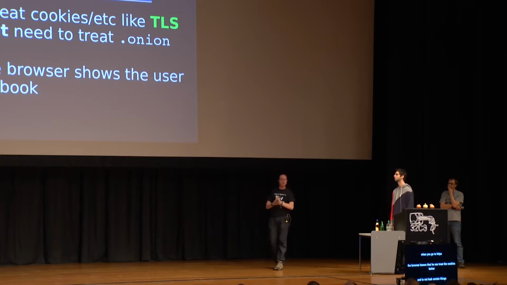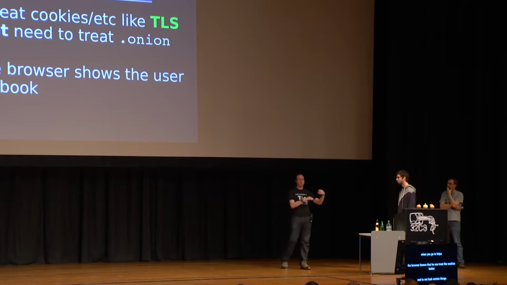Why is this valuable? One of them is, on the browser side, when you're going to an HTTPS URL, the browser knows to treat those cookies better and to not leak certain things. And there are all sorts of security and privacy improvements that browsers do when you're going there. And we don't want to teach the browser that if it's HTTPS or .onion, then be safe. The other nice thing, on the server side, Facebook didn't have to change anything. This is another way of reaching the Facebook server. That's all there is to it.